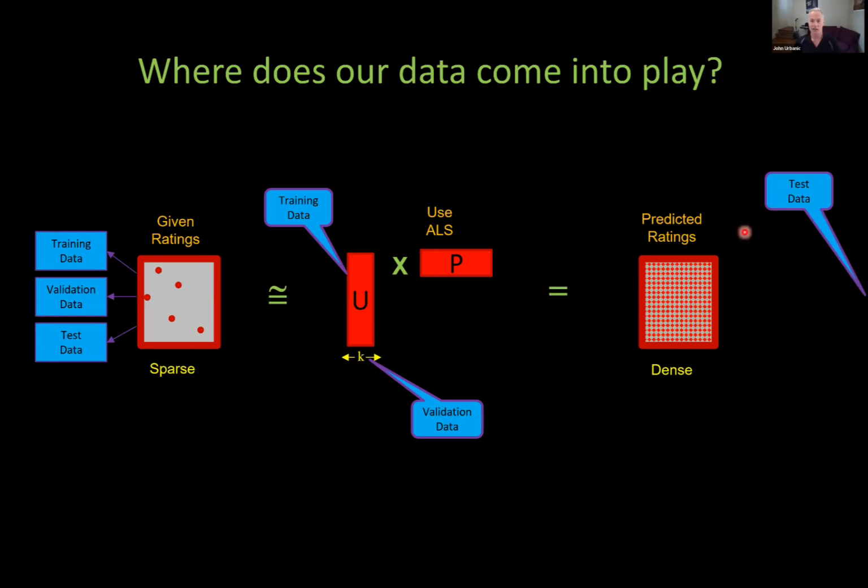Our test data at the very end, when we're done, is what we're going to submit for the competition, that's when you can actually apply against the test data. Or if you're working for the boss at some company, say at Netflix, and you say, hey, boss, we got our better Netflix recommender algorithm. When you finally walk into the CEO's office, this is when the test data gets applied to see if you really did do a better job.